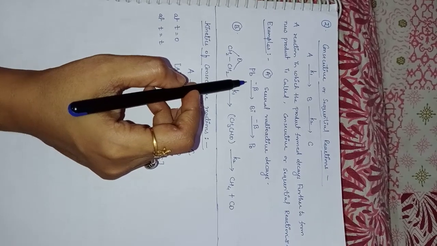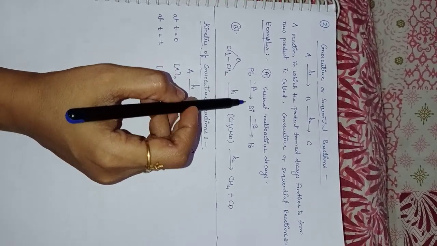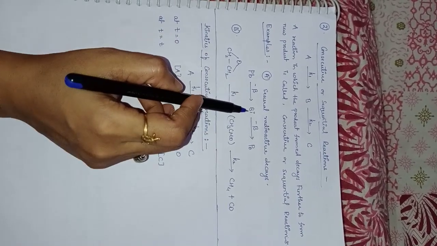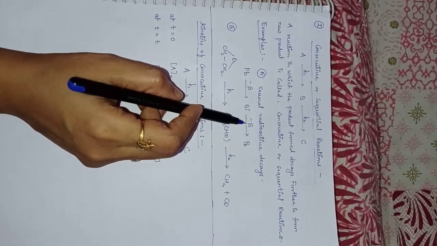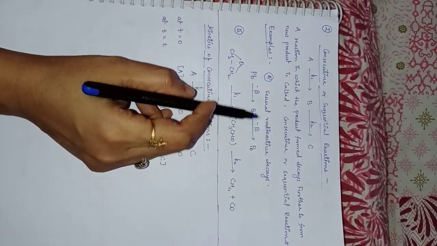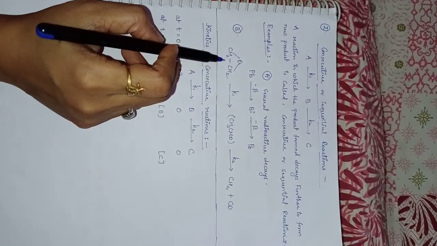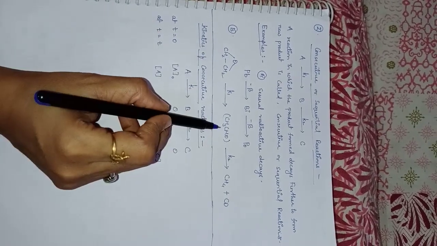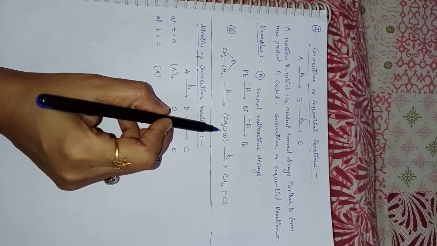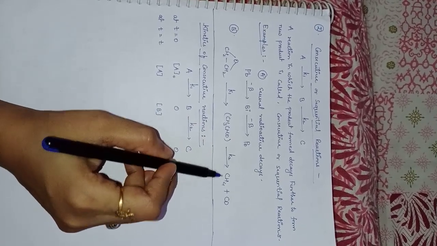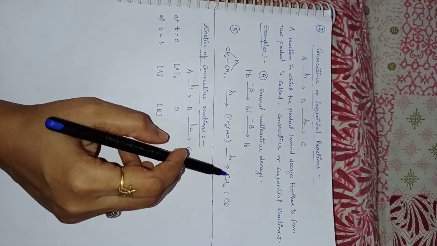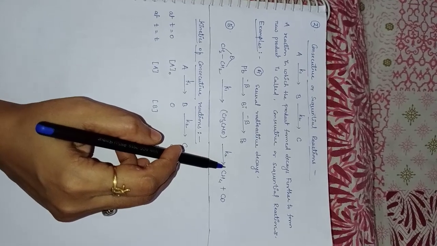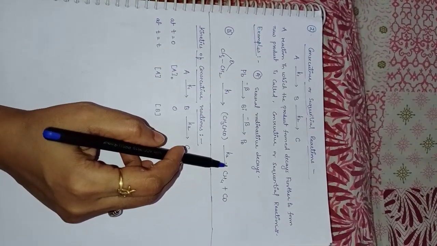I will also tell you some examples. Nuclear decay reactions or radioactive reactions are major examples of sequential reactions. Here you can see lead, after a beta decay, gives bismuth, and again after a beta decay it gives polonium. In organic chemistry we can also see the decomposition of epoxide. This is one kind of epoxide which on decomposition first gives acetaldehyde, which further decomposes to methane. These are a few examples you can understand, and now I will discuss the kinetics of consecutive reactions in the second video. If you find any problem or doubt, you can discuss with me. Thank you.